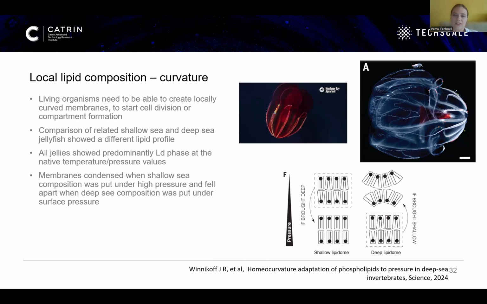So what they saw is that when they took the membrane of shallow water jellyfish and put it under pressure, the membrane stiffened and basically moved into the gel phase, and you cannot do anything with the gel phase. On the other hand, when they took the deep sea jellyfish membrane and put it into normal pressure, the lipids or the membrane started curving and basically fell apart, which is also one reason that